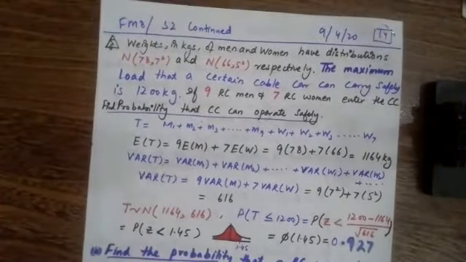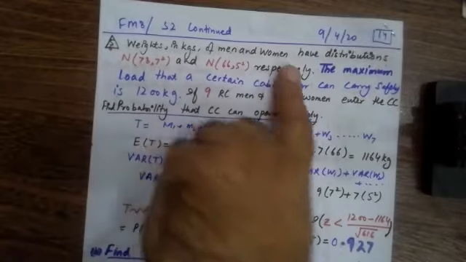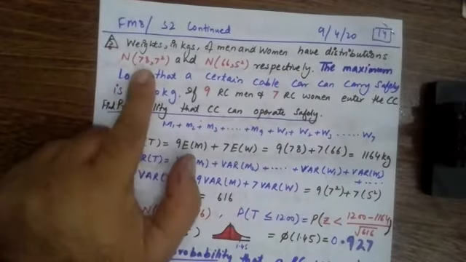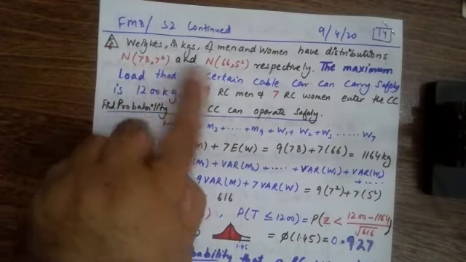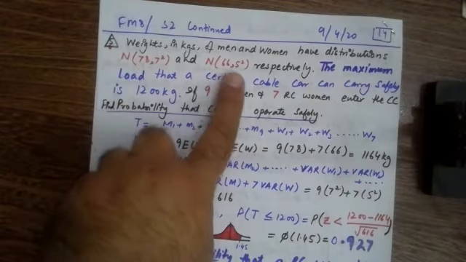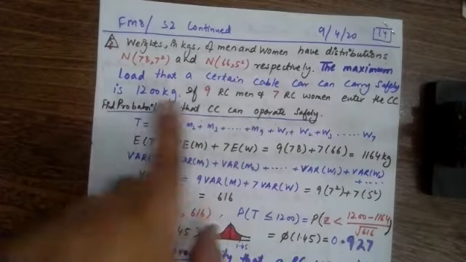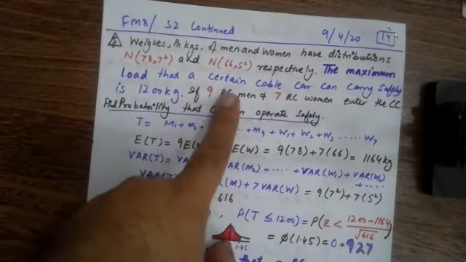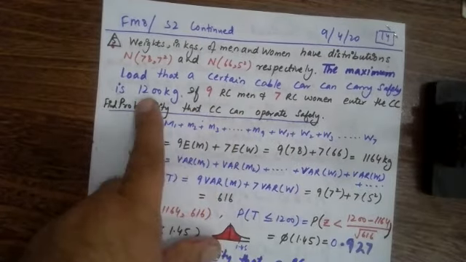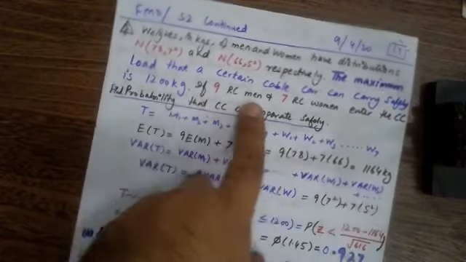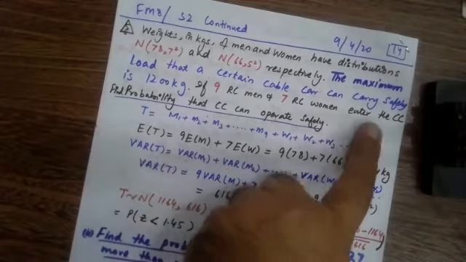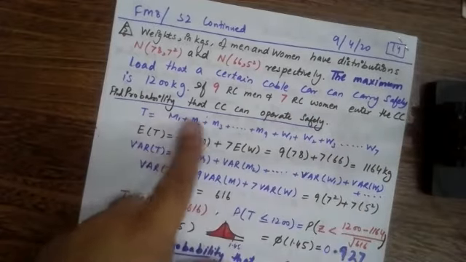okay, I haven't written the whole question over here, I've just written the essential details. Weights in kgs of men and women have a normal distribution. The average weight of men is 78 kg with this much variance, and the average weight of the ladies is 66 kg with this much variance. The maximum load that a certain cable car can carry safely is 1200 kg. If RC means randomly chosen, if 9 randomly chosen men and 7 randomly chosen women enter the cable car, find the probability that the cable car